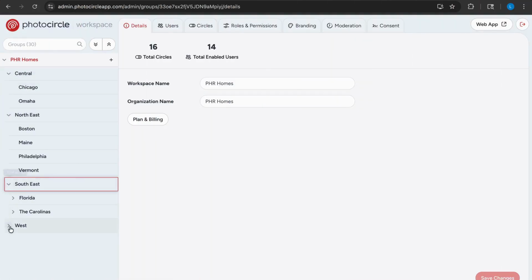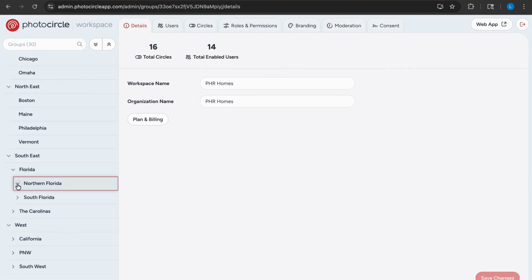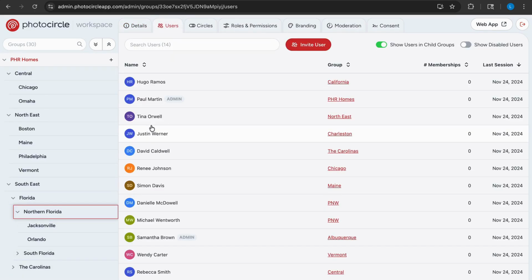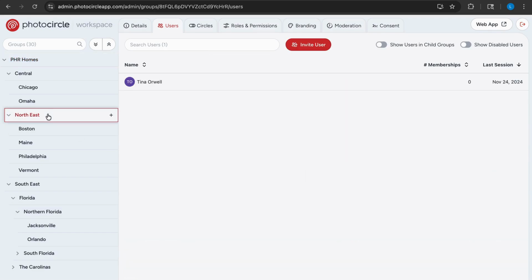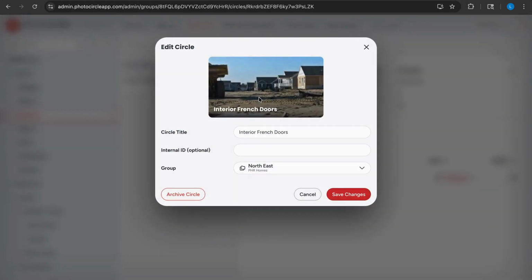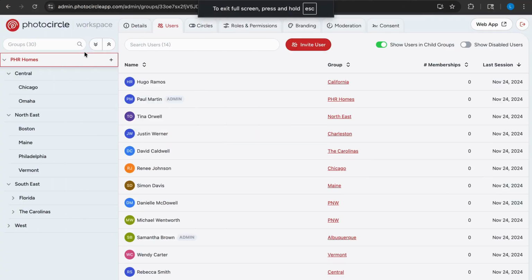Groups serve two purposes in PhotoCircle. First, they're like folders for your circles. They help you stay organized as your content library grows. Second, and more importantly, they control which circles your users can see and access by default. Every user and every circle lives inside exactly one group, and your groups are arranged in a hierarchy. There's a root group at the top, and you can create child groups nested underneath it, as many levels deep